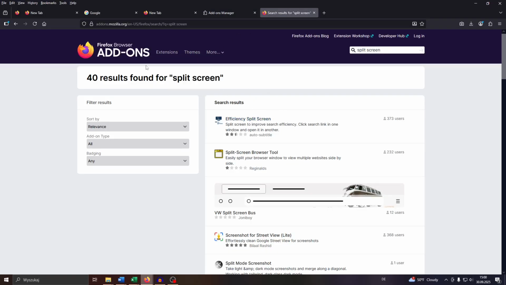For example, if I head over to the add-ons and extensions library on Firefox, I will see these search results under split screen, and that one here with only 2.5 stars. So I'm not going to install this, but if you like, that's also an alternative that, as you can see, according to the description, it will allow you to split screen